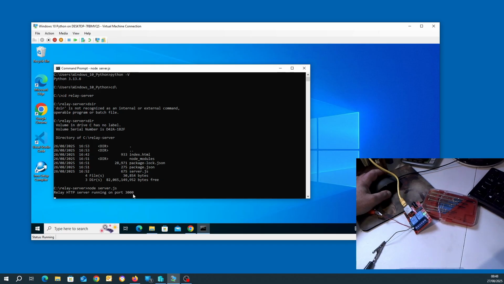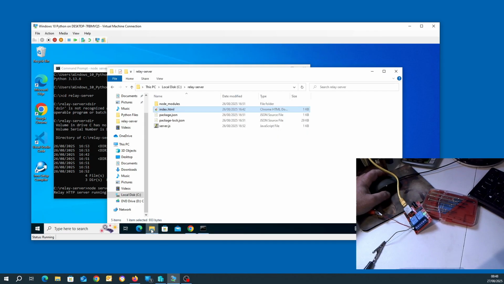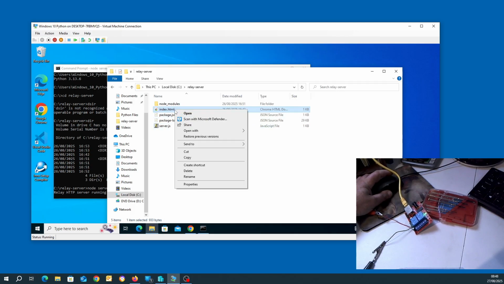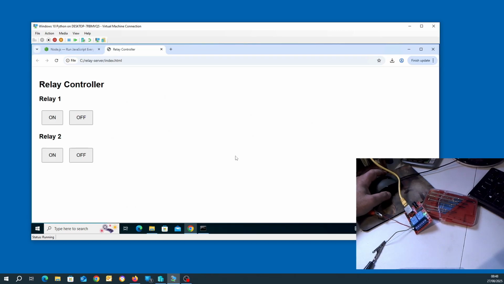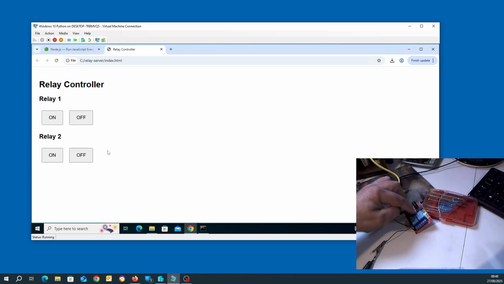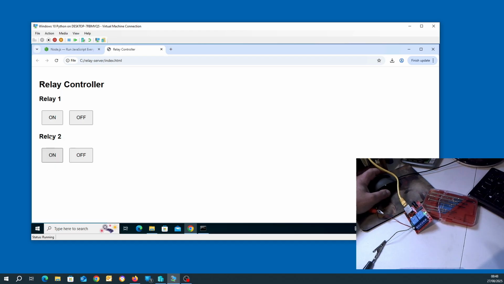That's great. Then if you go into the same directory and open the HTML file up in Google Chrome, and you watch the display on the camera there, when I click on, off, on, off, that's how I got it working